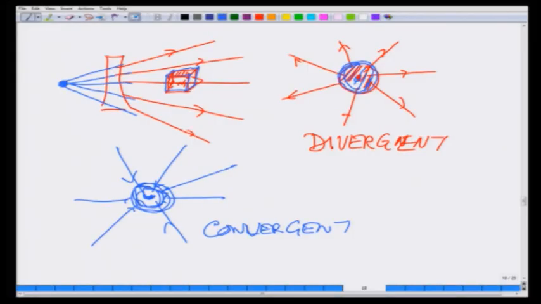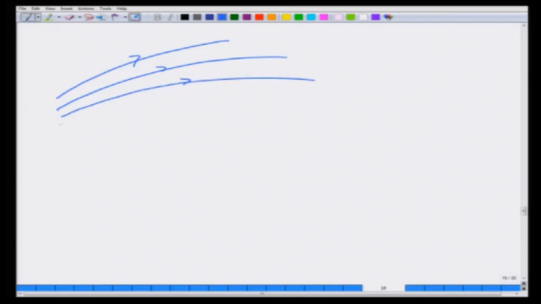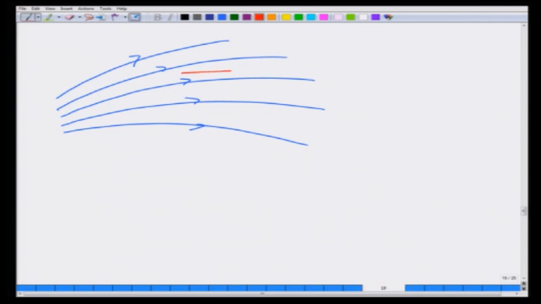So, let us now make it mathematical. How do we do that? Let us again go back to fluid flow. And I will make in this a rectangular small box at some point x, y, z with x axis this way, y axis this way, z axis this way, and this is point